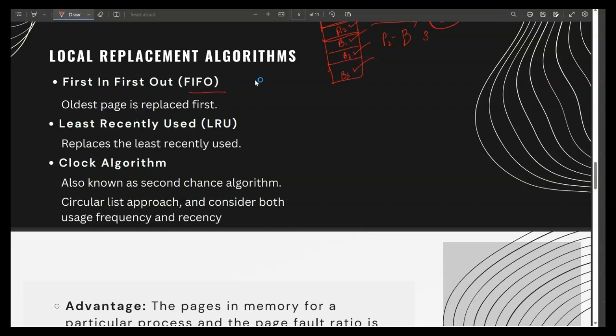ओल्डेस्ट पेज जो भी होगा वो सबसे पहले रिप्लेस होगा। लीस्ट रिसेंटली यूज्ड, जो सबसे लीस्ट रिसेंटली यूज्ड पेज है वो रिप्लेस होगा। और एक एल्गोरिदम होती है जिसको हम सेकेंड चांस एल्गोरिदम भी बोलते हैं, और सर्कुलर लिस्ट अप्रोच यूज़ करता है और कंसिडर करता है बोथ यूसेज फ्रिक्वेंसी एंड रिसेंसी।